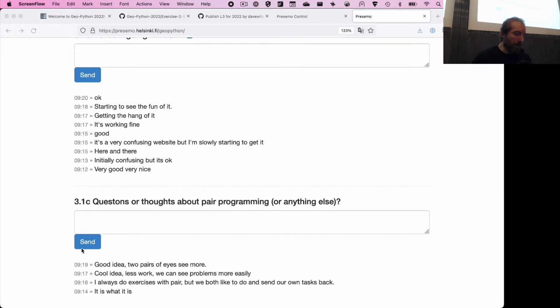And then finally about the pairs, for the pair programming, people seem to generally like this as well. That's good. You know, it is what it is. I think that's also a representative comment for people's experience working with pairs, because it does take more to coordinate working with someone else. And sometimes that is a more laborious task than doing the work itself. So